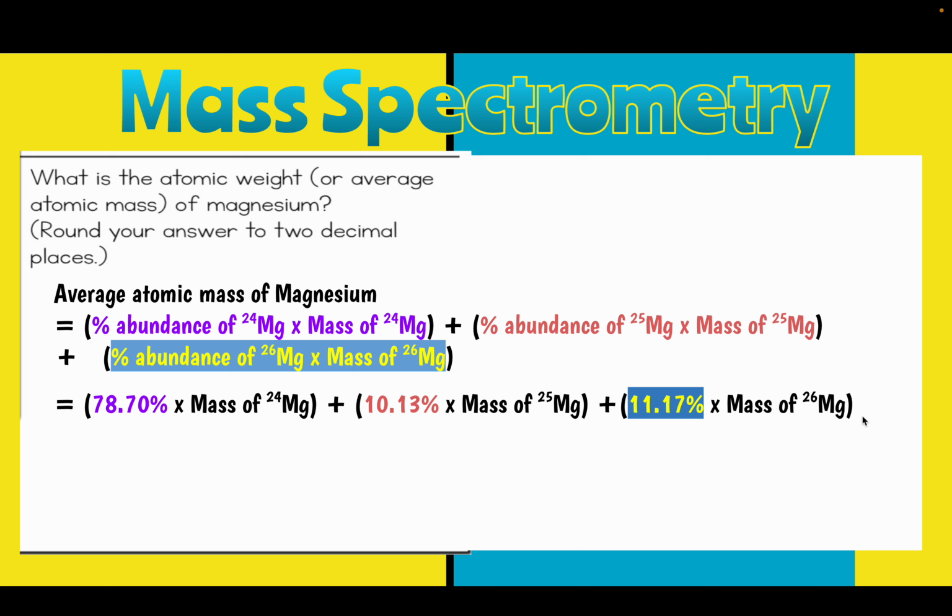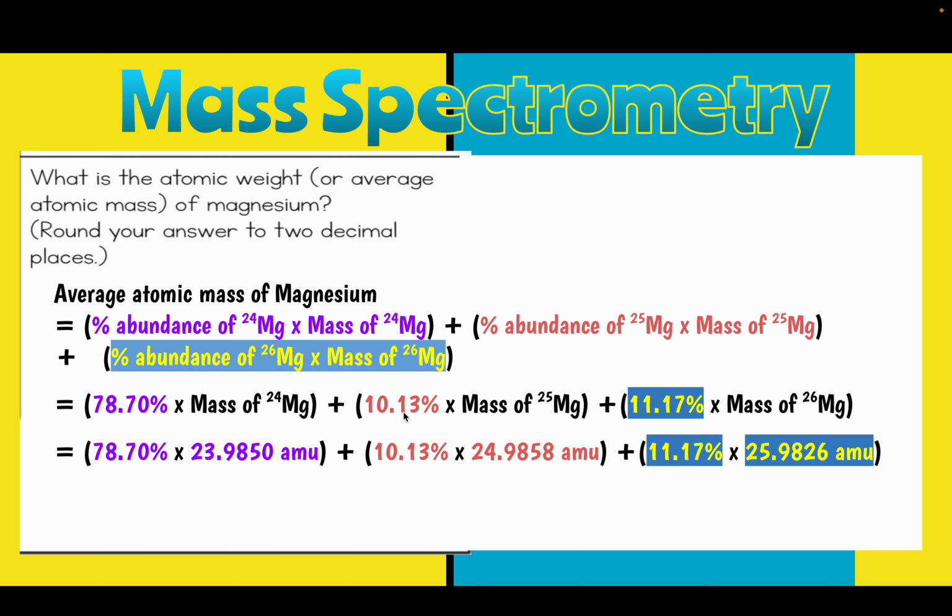And then I can use my table to substitute in the actual weights, the actual mass of each of my isotopes as well. So the weight of magnesium 24 is 23.9850 atomic mass units. The mass of magnesium 25 is 24.9858 atomic mass units, and then magnesium 26,